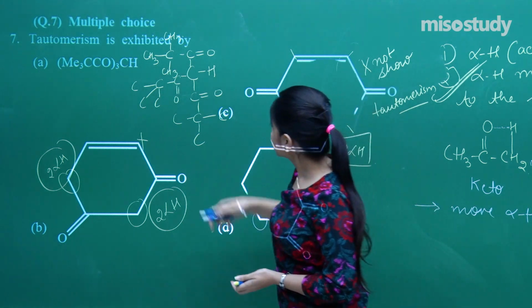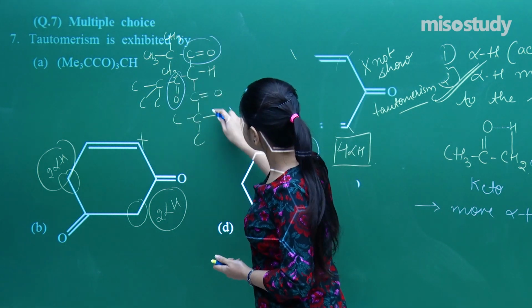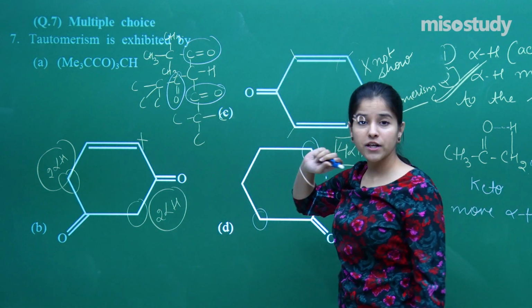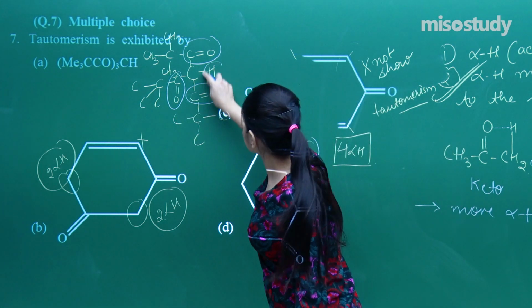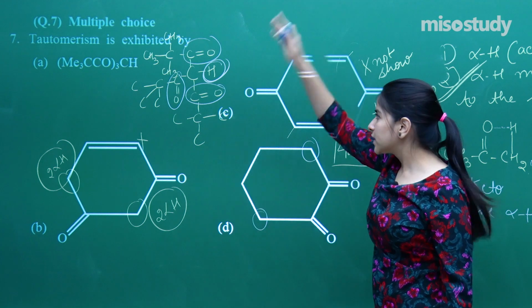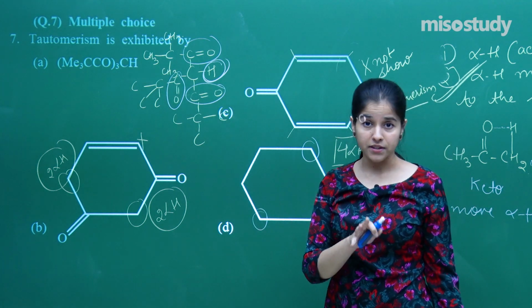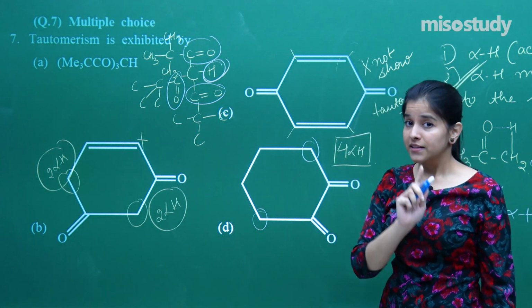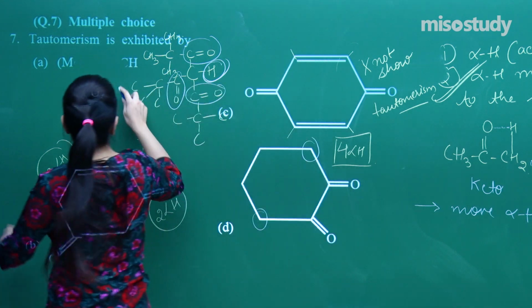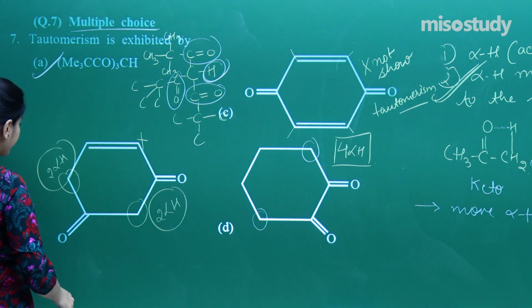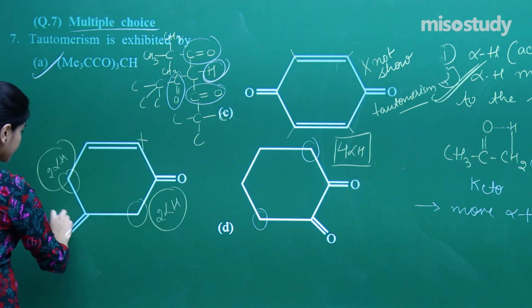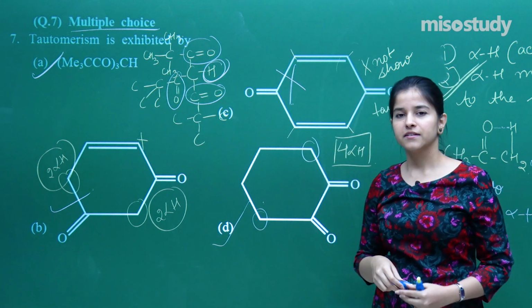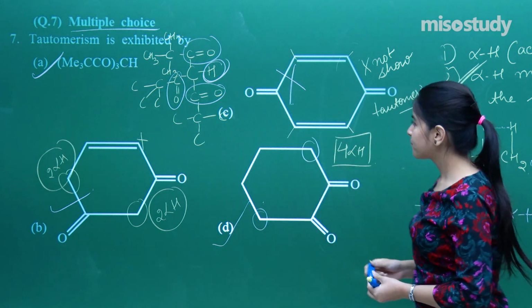Now if you see over here, I have got so many carbonyl groups, and the alpha hydrogen visible and available over here for tautomerism is just 1, that is this very hydrogen. All the other hydrogens are not alpha but beta. So I hope everybody is clear that this molecule is also exhibiting tautomerism. That means I have got my answer. Since this was a multiple choice question, I have got answer A, answer B, answer D but not C. So it's A, B, D. I hope that is clear to you.